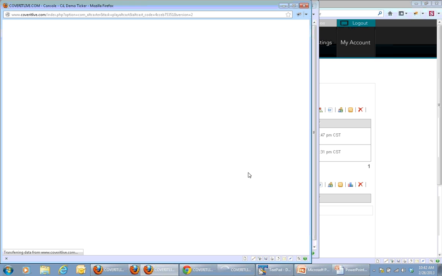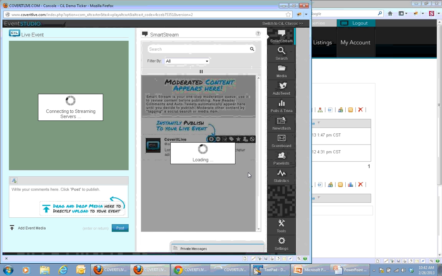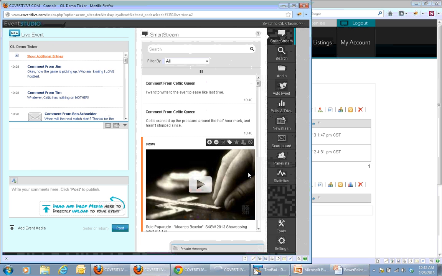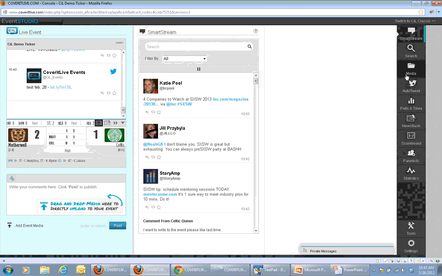And the first time you launch the Event Studio, there's also a nice walkthrough that shows you what each of the different sections do, where you see your live event, what the Smart Stream is for, what the toolbar and search areas are for, and it'll walk you through those. And you'll also notice that even after that, if you have an area in which you haven't used yet or you haven't actually made an entry,